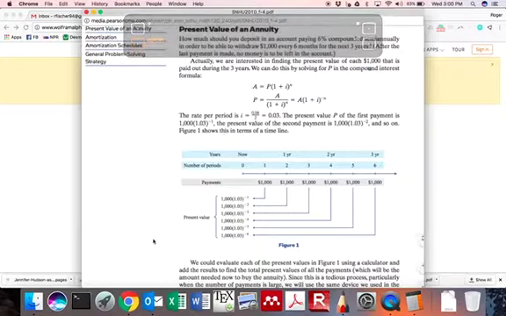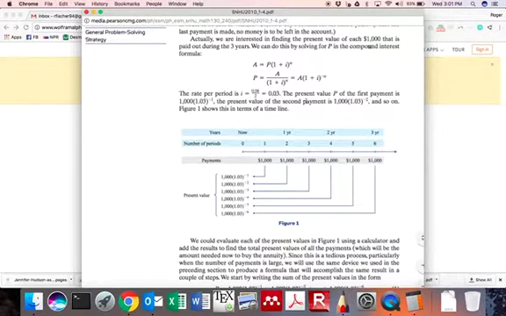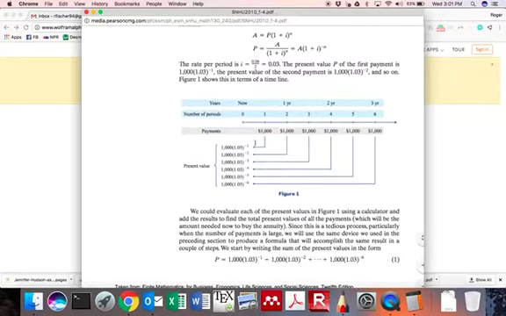We know that the periodic interest rate is 0.03, 6% per year, divided by 2 compounds per year. The present value P for the first payment is 1,000 times 1.03 to the minus 1, or 1,000 divided by 1.03. And then the present value of the second payment will be this,